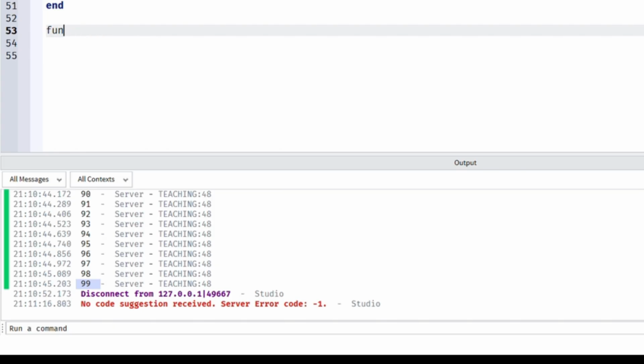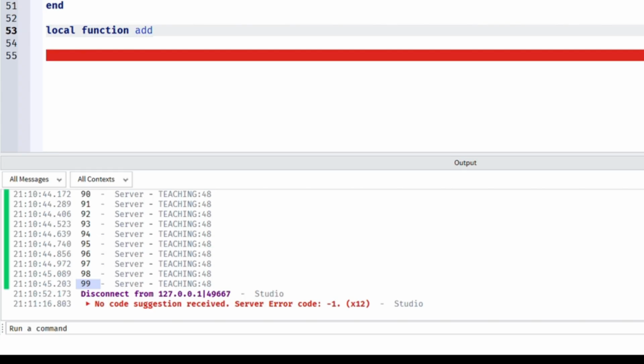By the way, whenever you're creating a function, just like with a variable, you also have to use local with it. Local, then function. Now you'll give it a name. To differentiate from a variable, you'll use the function word. Otherwise it will get confused and think that it's a variable. So now I'm going to give my function the name add: local function add,